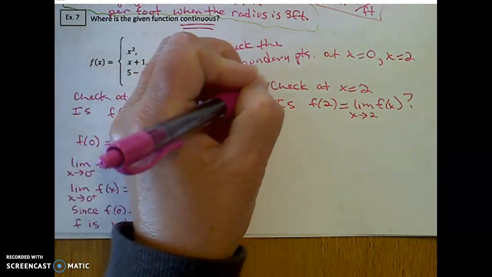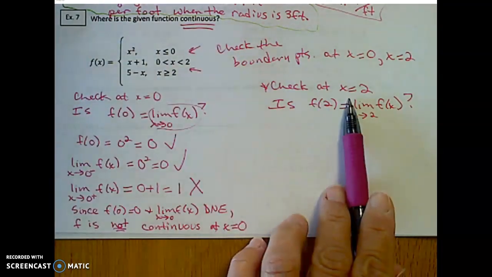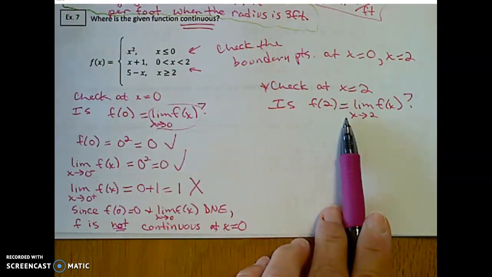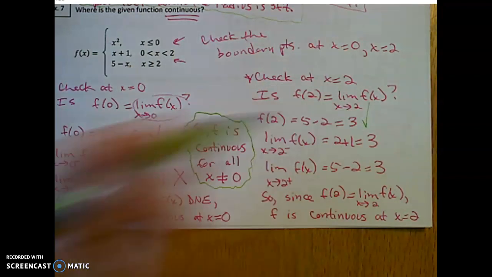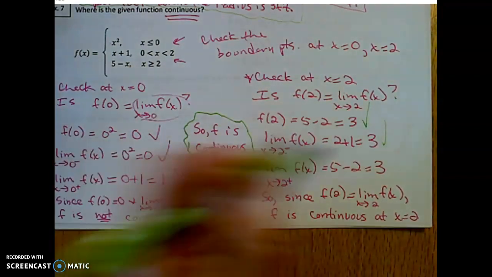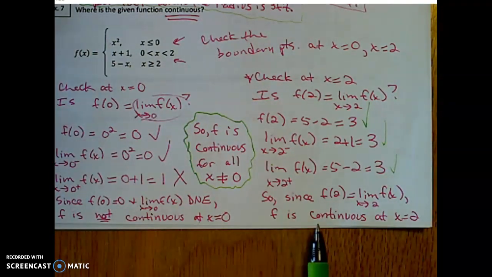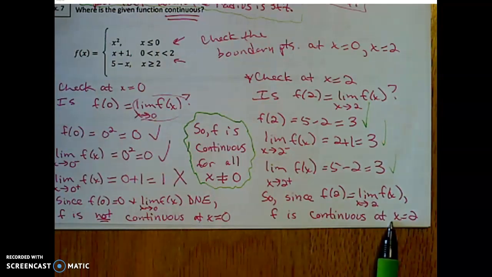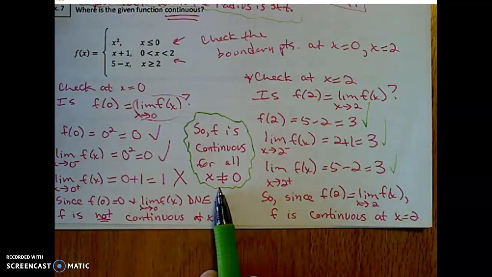Now I'm going to do the same thing for that other boundary point. Check at x equals 2, is f of 2 equal to the limit? Take a moment and check that. Here's my work. Function value, limit from the left, limit to the right. Since they're all the same, I'm continuous at x equals 2, so f is continuous for all